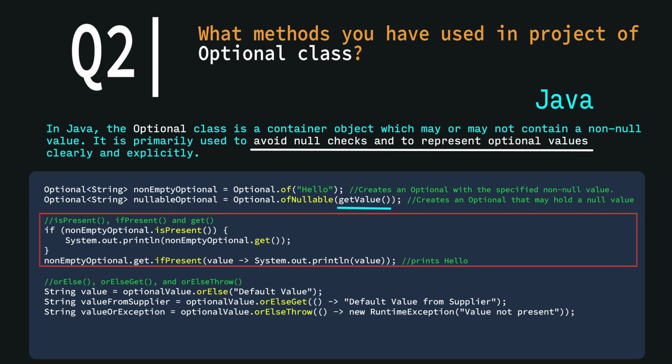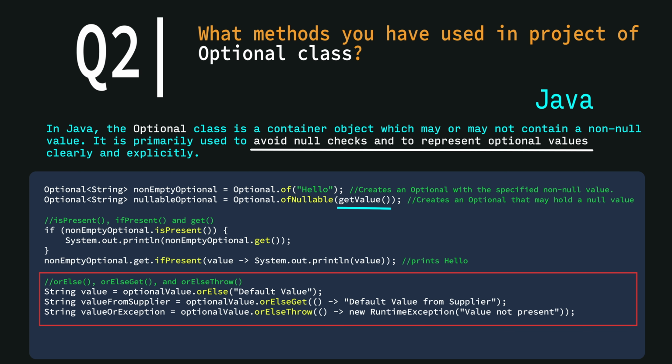And coming to Optional.ofNullable, it provides three methods, that is orElse, orElseGet and orElseThrow. So by those method names you can guess what they will do. Using orElse, we can assign a default value to the object if the object is null or empty, and while accessing the same Optional object using orElseGet, we can access the value safely. And finally, orElseThrow will help us to throw the runtime exception or a customized exception if there is no value present in the Optional object.